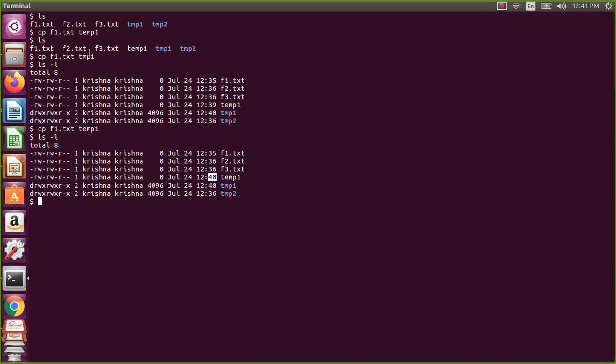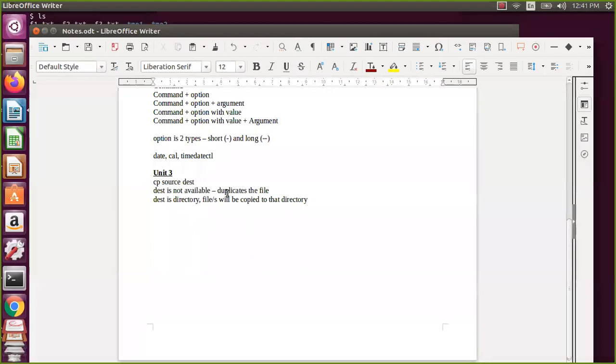So if the destination is a file, it will just copy, duplicate. If the destination is a directory, it will copy into the directory. If the destination is not available, it duplicates the file.